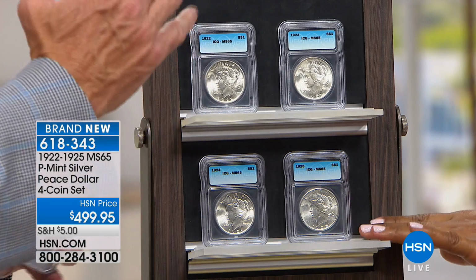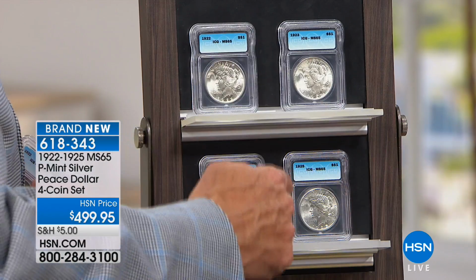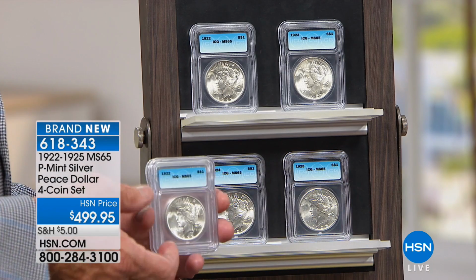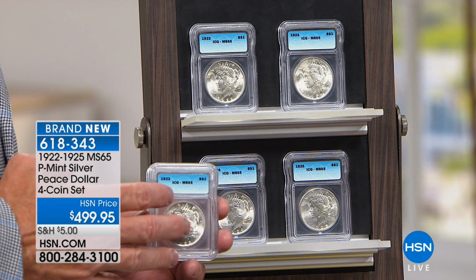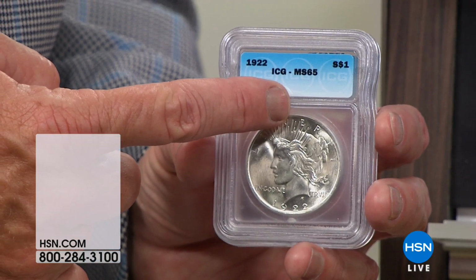We are going to leave them available, 618-343. That's for the 4. Now for the set, the limiting factor is the 24s and 25s. They graded the worst. I have got a very few extra by themselves 1922s in Mint State 65. These come